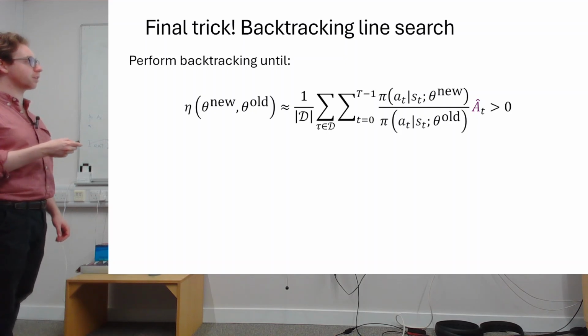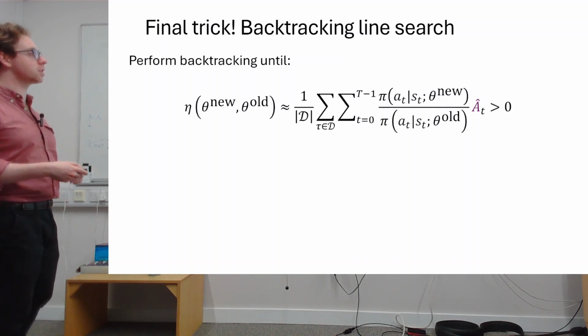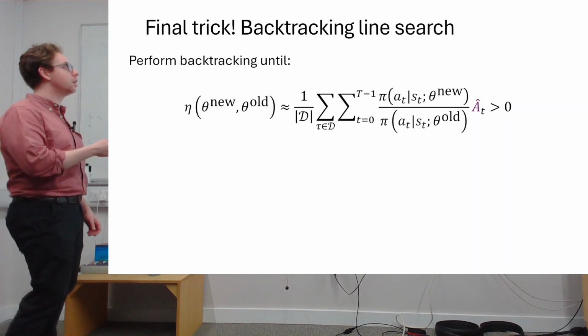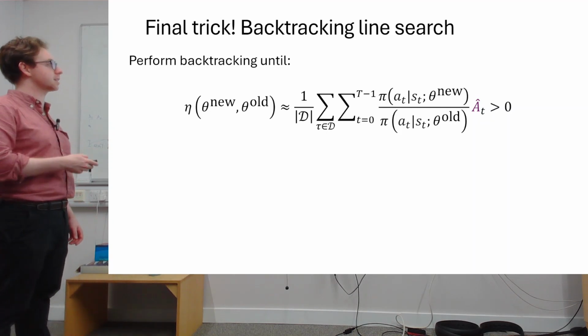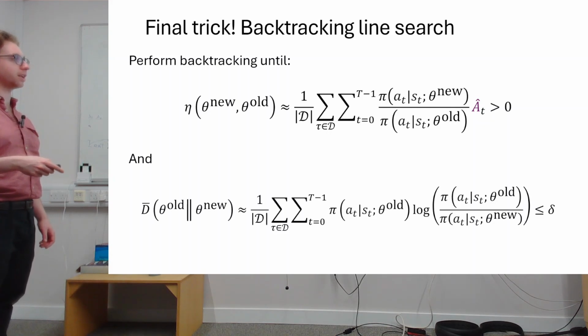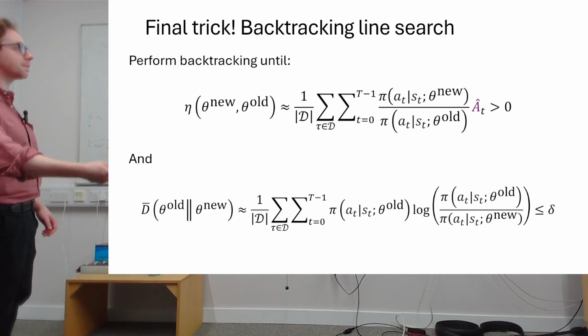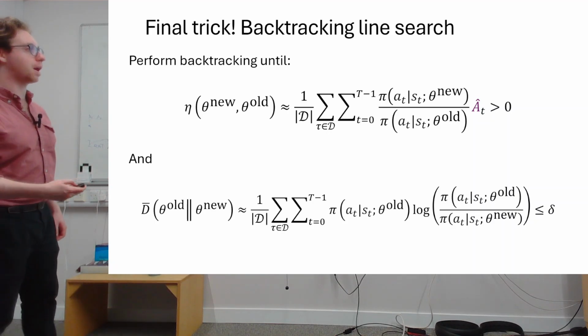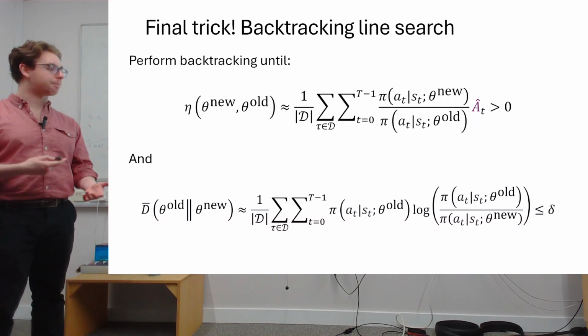Again, this is the positive empirical surrogate advantage, once I've sampled over a data set of trajectories, and the empirical KL divergence constraint is less than or equal to delta. So I'm going to keep backtracking until these two conditions are satisfied. And when they are, I accept the update, I move my parameters along, and then I go back to